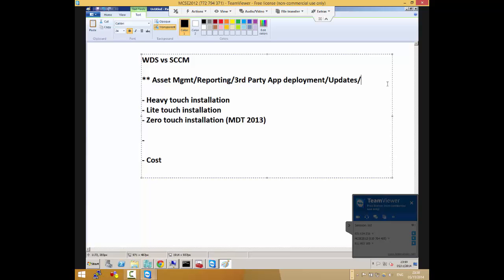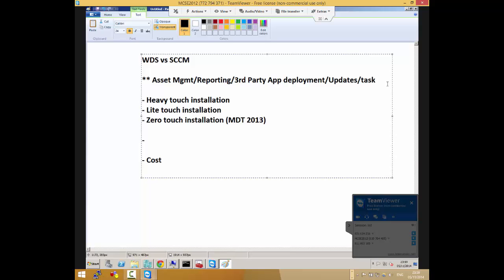Yeah, and then it makes it easy because then you can do everyday things like task sequences, which makes your operating system deployment even easier. And then you can manage your drivers much better than you can with WDS. So it's just that much more powerful, and it does way more than WDS does.